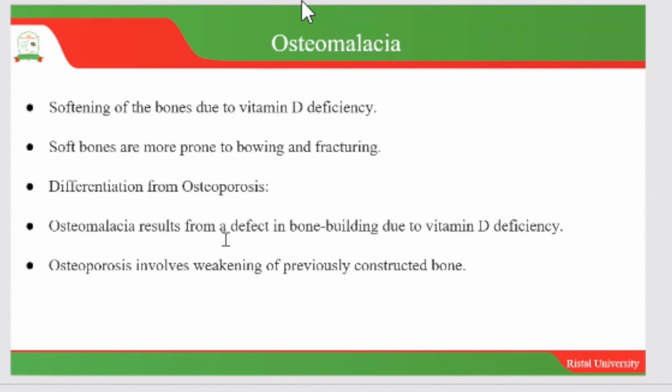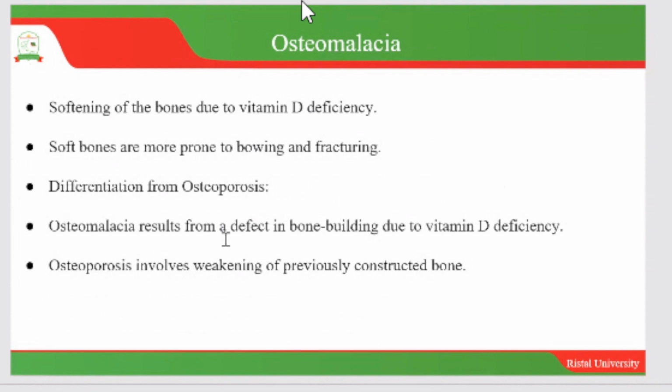All right, so friends, now let's look at osteomalacia. We've seen osteoarthritis, we've seen osteoporosis, and now let's look at osteomalacia. Here we are looking at the softening of the bones due to impaired mineralization, or due to vitamin D deficiency, as people could say. These bones are also more prone to bowing and fracturing. The differentiation between osteoporosis and osteomalacia: osteomalacia results from a defect in bone building due to vitamin D deficiency, but as for osteoporosis, we saw